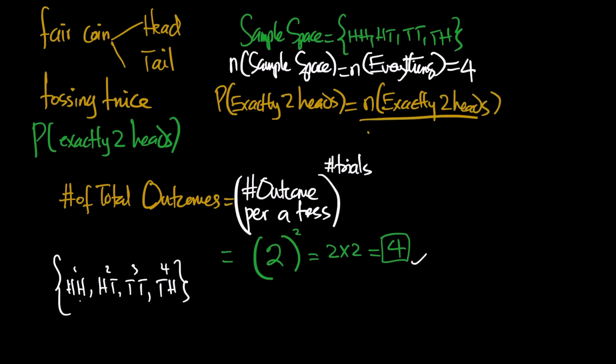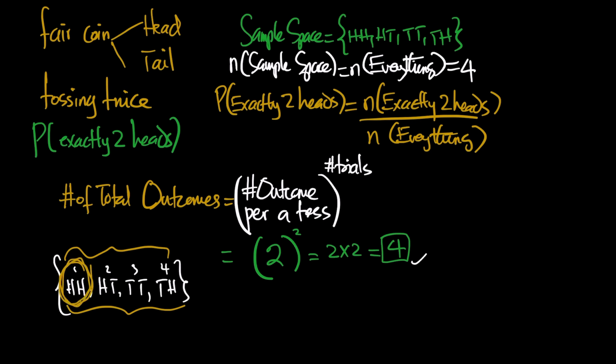And we divide it by the number of everything. Now, if we look at this sample space that we've found here, exactly 2 heads is only occurring once. A head and a head. It's only one. So that means that the number of exactly 2 heads is 1. So in the formula, we have 1 at the top divided by the number of everything, which is 4. And then we end up getting 0.25, which kind of